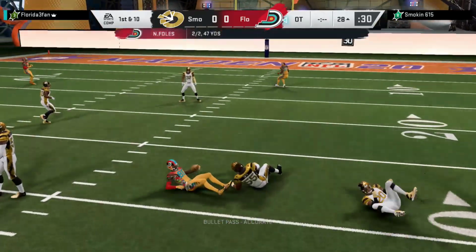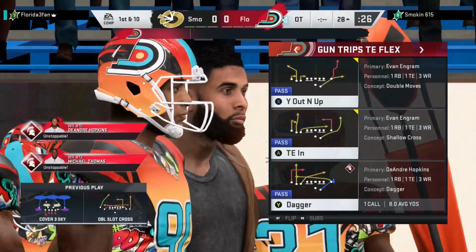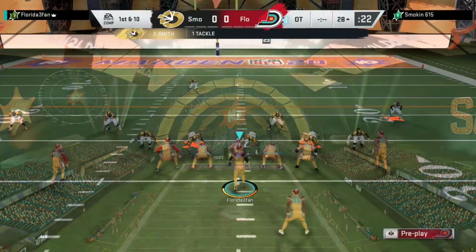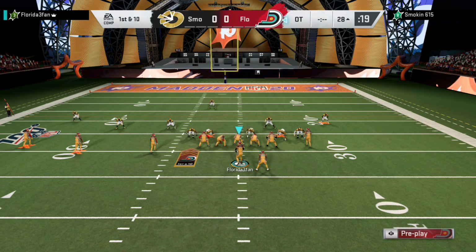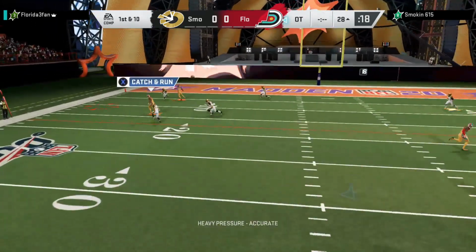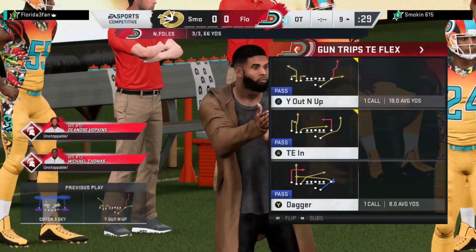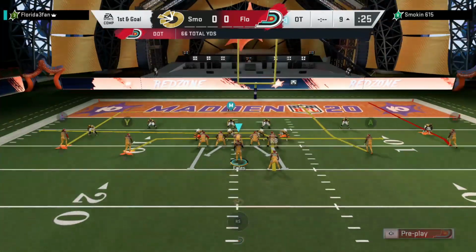Man, that was close. That was either going my way or his way, but another great conversion there for our team. Here, I'm going to go in a guns trips formation left, and I'm going to look to get that corner route from the slot wide receiver. If I can get it in time, he's got it. We've got it, baby. Another big conversion for us. We're just marching down the field here. It looks as though we're going to be able to just march down the field and get an easy